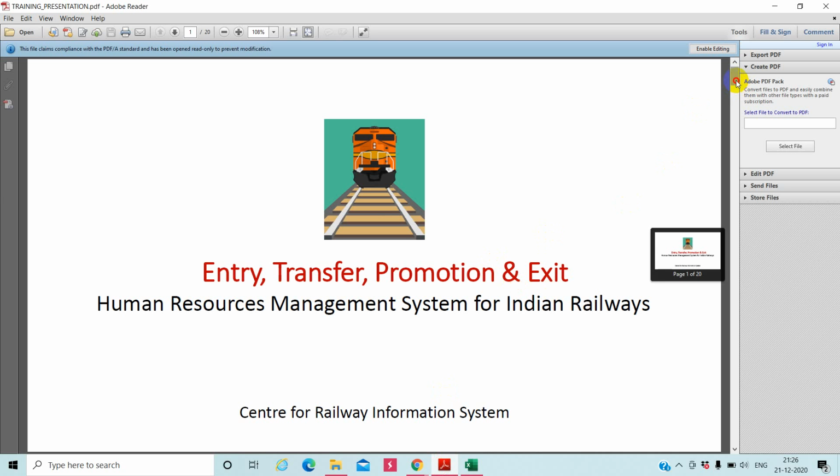Entry, transfer, promotion, and exit are the four parts of the office order module. First is entry, second is transfer, third is promotion, and fourth is exit. So let's check.